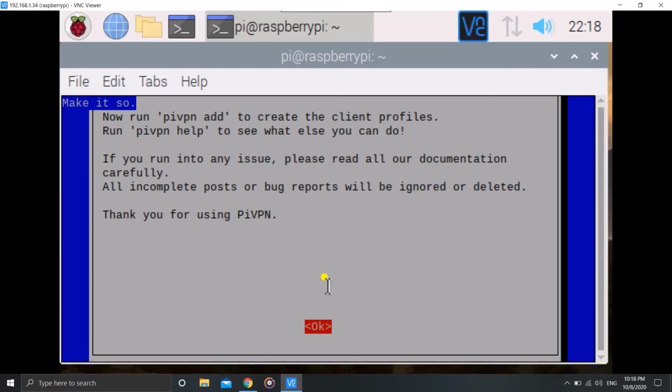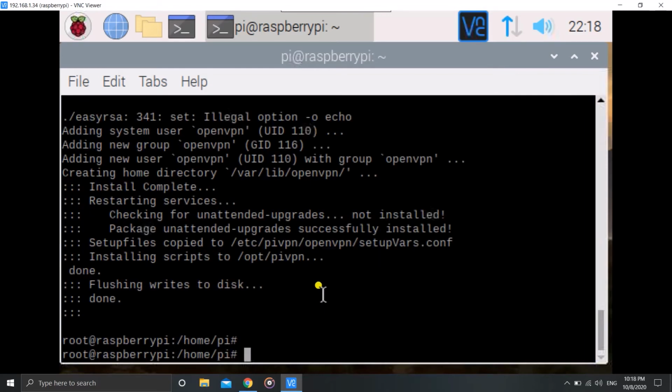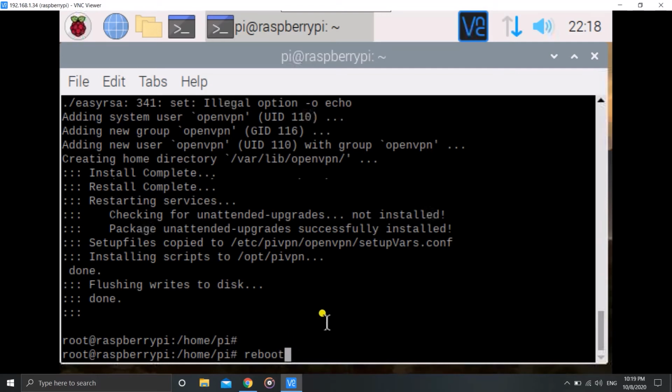I forgot to click again over here. Yes, so that's done. Everything is done. We'll reboot it now. Reboot. Yes. So now, till the Pi gets rebooted,